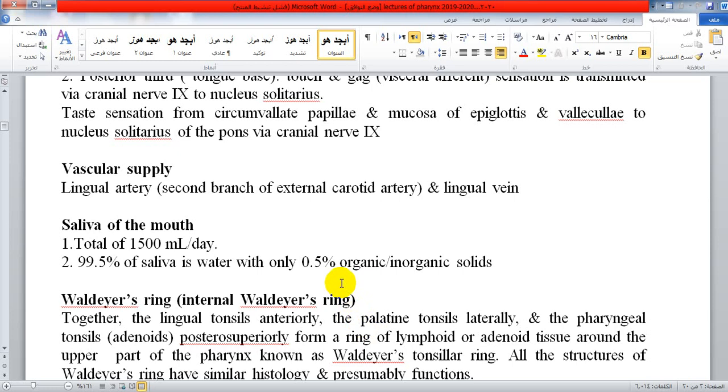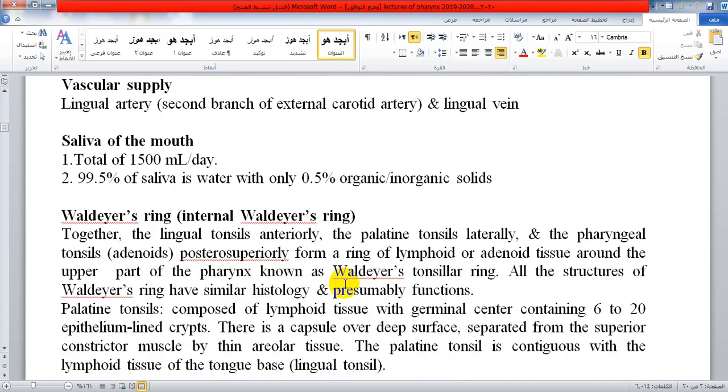Now we go to another very important subject, concerning the lymphatic system. The lymphatic system in this area is very important. We call it the Waldeyer's ring or internal Waldeyer's ring. Together, the lingual tonsils anteriorly, the palatine tonsils laterally, and the pharyngeal tonsils, which we call adenoids, posterior superiorly, form